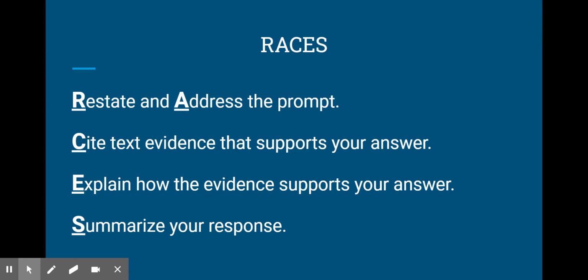You've probably heard of ACEs before. We've added an R to it because it's really important to have you restate the question. So RACES, the R and the A both represent the same sentence, but we want you to restate the prompt as well as address the prompt. Then you're also going to cite your text evidence, and citing the text evidence incorporates using direct evidence from the text, whether that's a paraphrase or a quotation, but it also